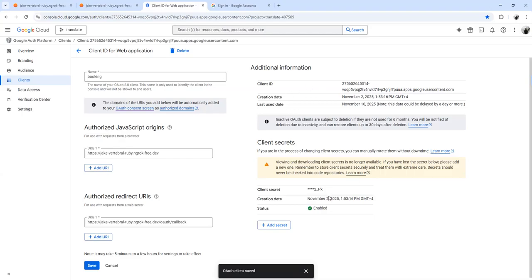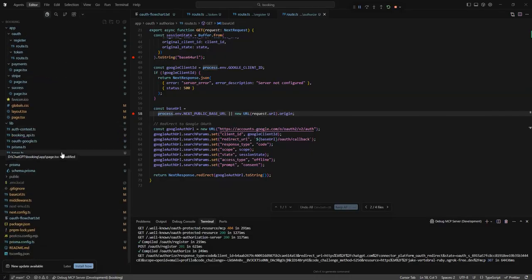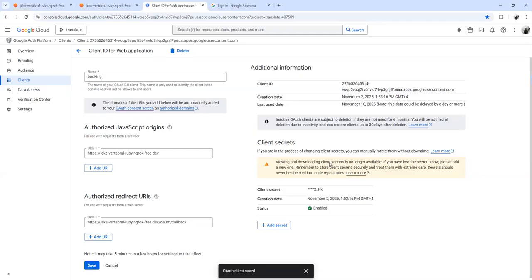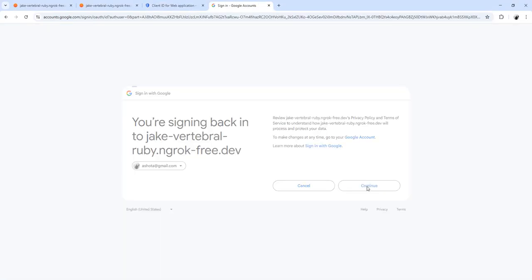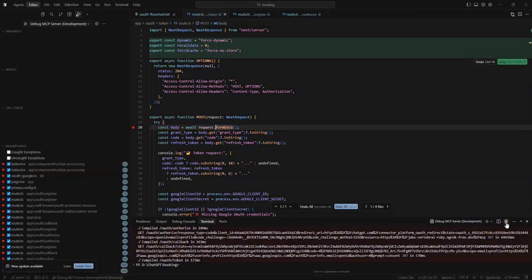We have client ID and client secret, which we put in our environment, in the project's environment file. Now let's continue. We have to do it one more time.